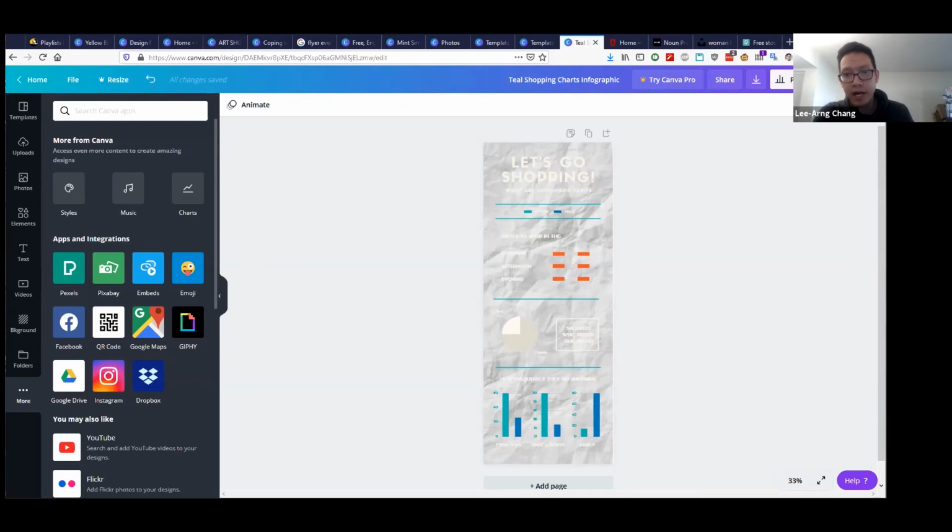Are we able to buy the paid version so that we have access to all? It would have to be on the individual level or asking your department for funding. There's definitely a cost to it. But again, you can bring in other assets from other resources. You can go to other stock image and stock icon resources and bring them into Canva if you want, or create them yourself and then bring them into Canva. So there are ways around it.